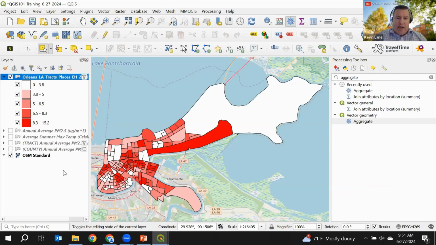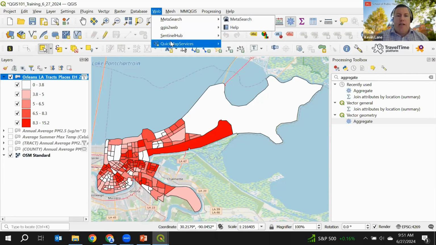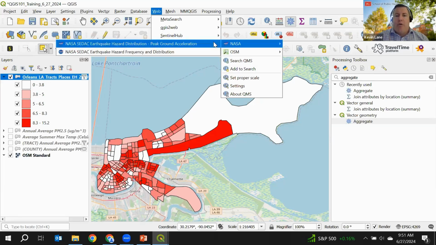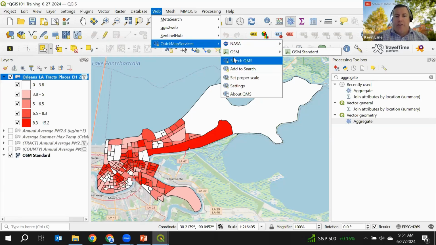And now what we have is a nice little background. It's got some of the road information that we might want to use. We're almost ready to transition to creation of a map. Maybe you want to use the OpenStreetMap as a nice background. Maybe we want to use something else. If I don't want to use this OpenStreetMap, I can always come up to the Web menu and come down to Web Map Services. I could choose something from NASA, or